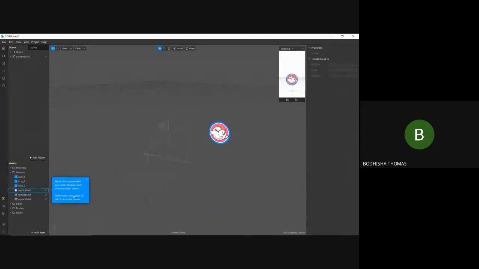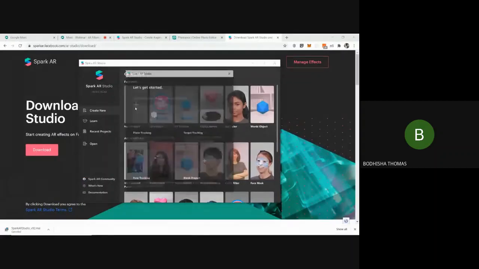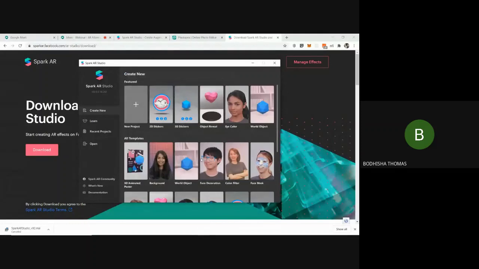What you have to do is just read these instructions and follow them, and you can easily create these filters. But we'll, however, skip this and we'll try to create our own filters from scratch. So what you have to do is click on New Project, Blank Project.